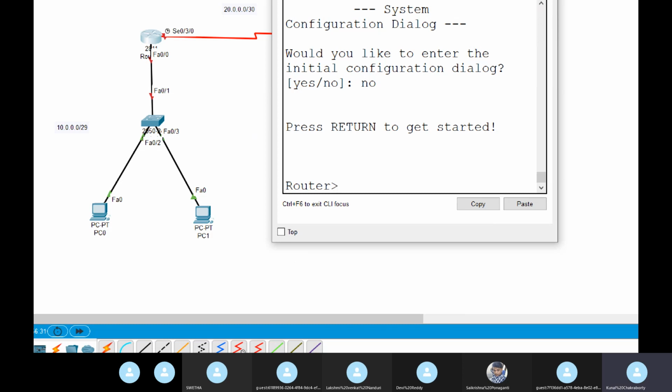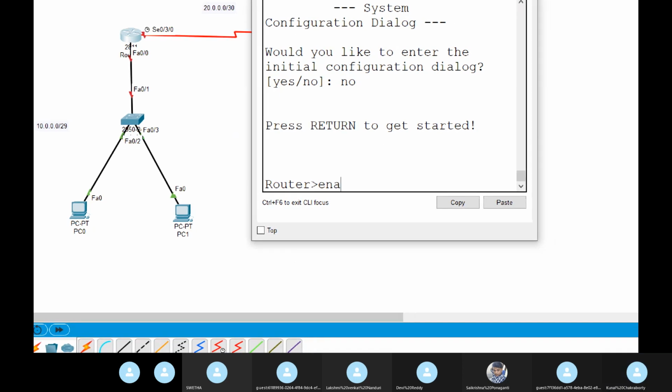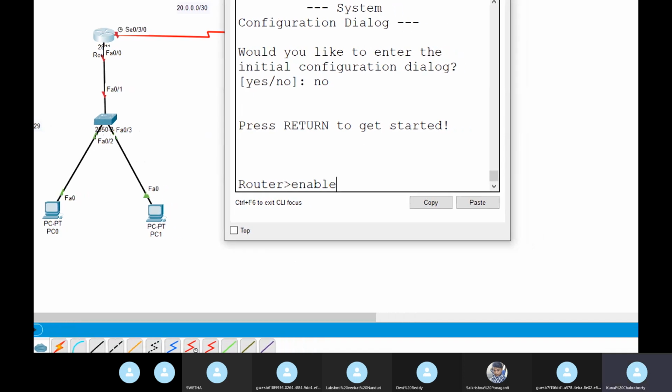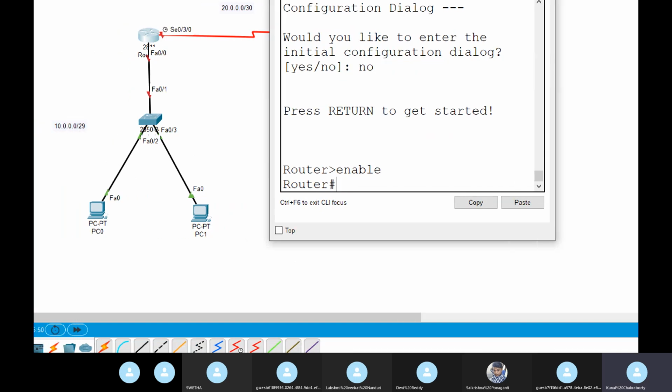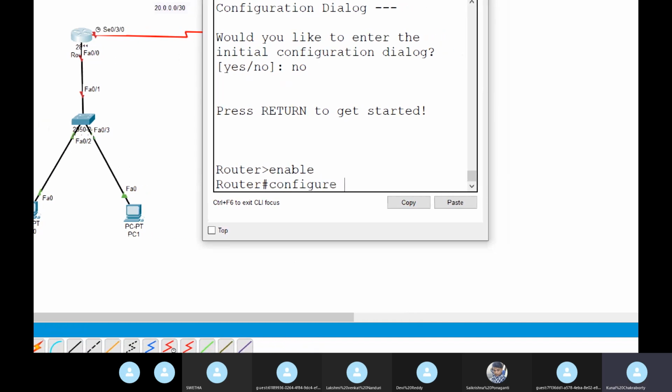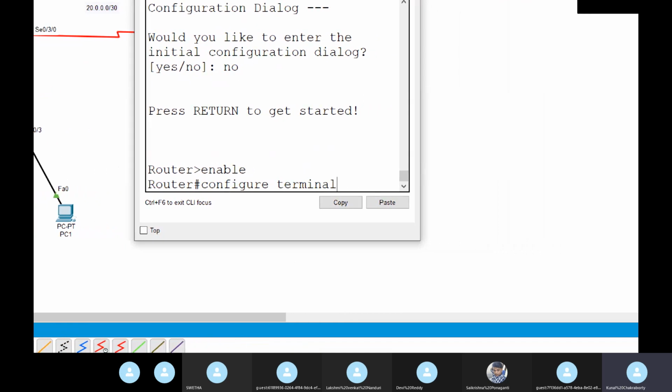To go to privilege mode, you need to give one command, that is enable. Enter. What are you getting? Router hash. This is privilege mode. To go to configuration mode, type configure terminal.